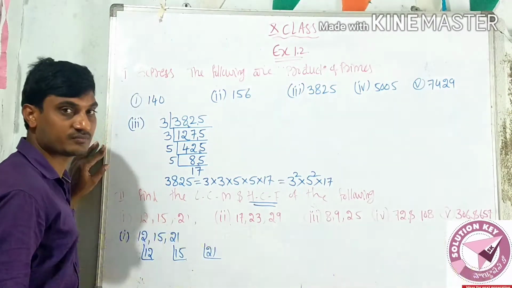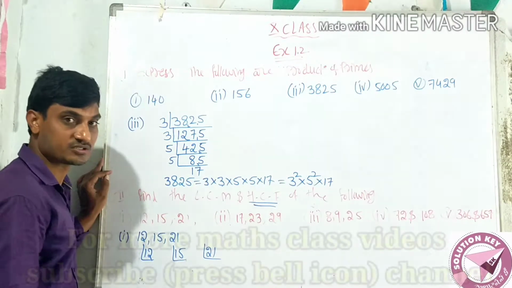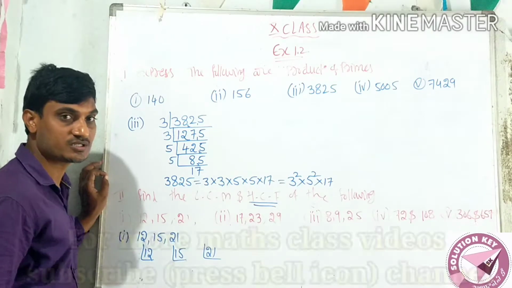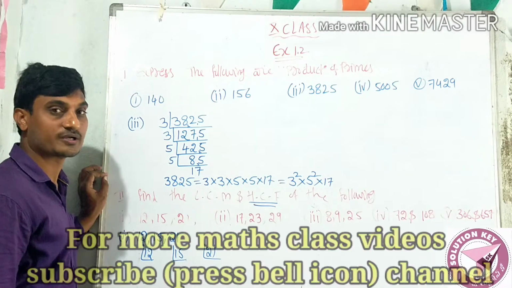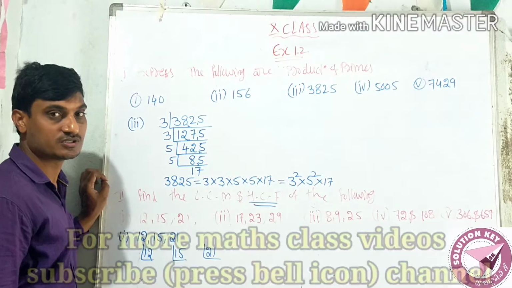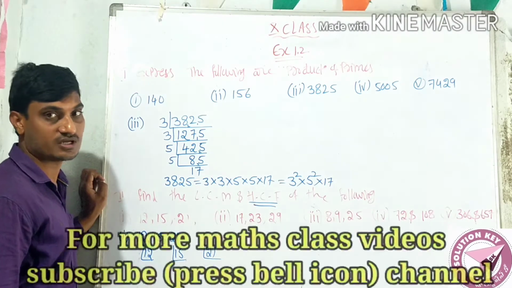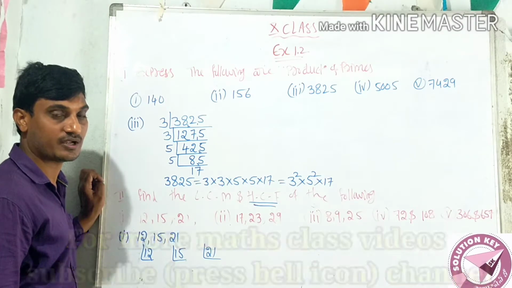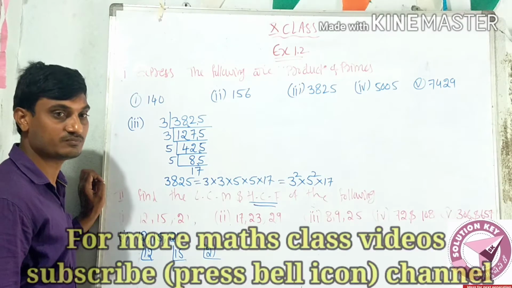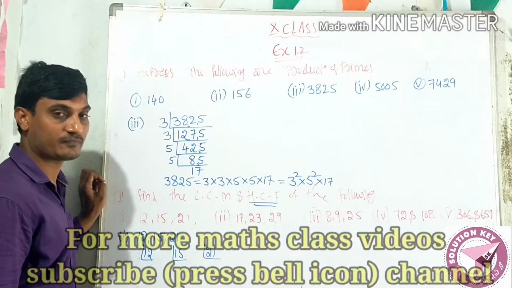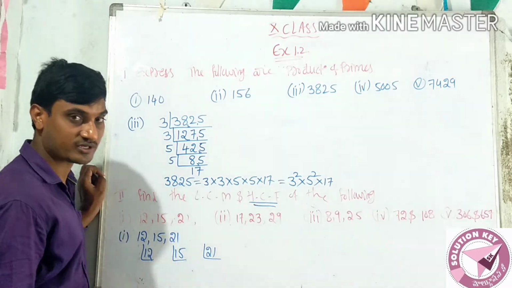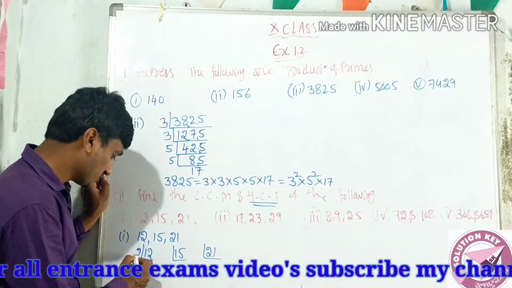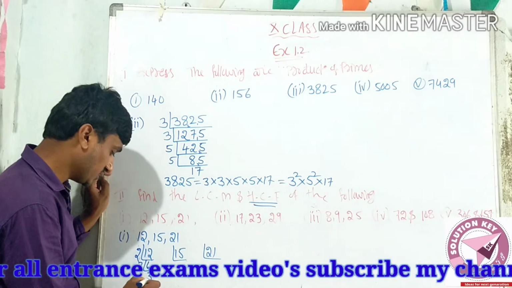Now take the LCM of the numbers. Are these prime numbers or not? No, not prime numbers. These are composite numbers, so you take the LCM. Otherwise, if they are prime numbers, it is not possible to find the LCM and HCF. LCM is possible. Why? Because the product of LCM and HCF is equal to the product of the two numbers. Here also, 2 6s are 12, and 2 3s are 6, 3 is a prime number.